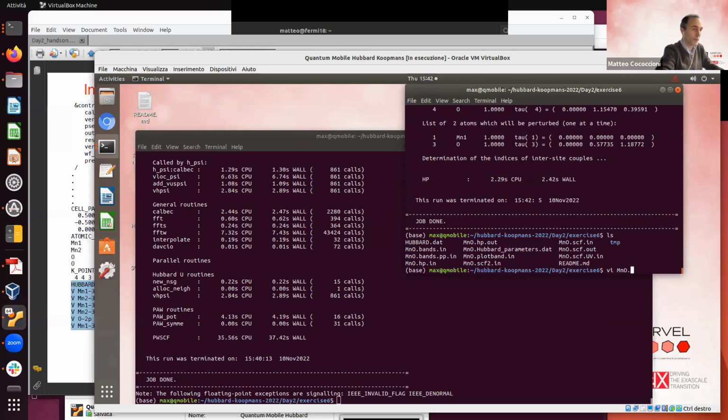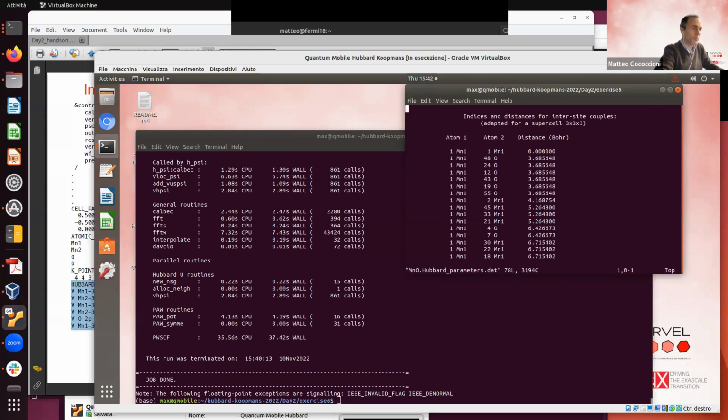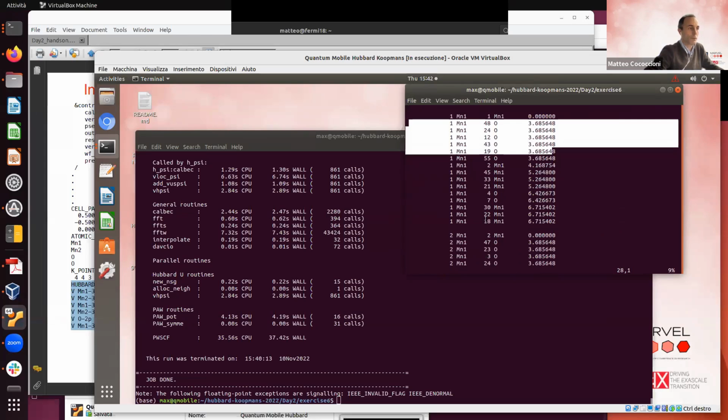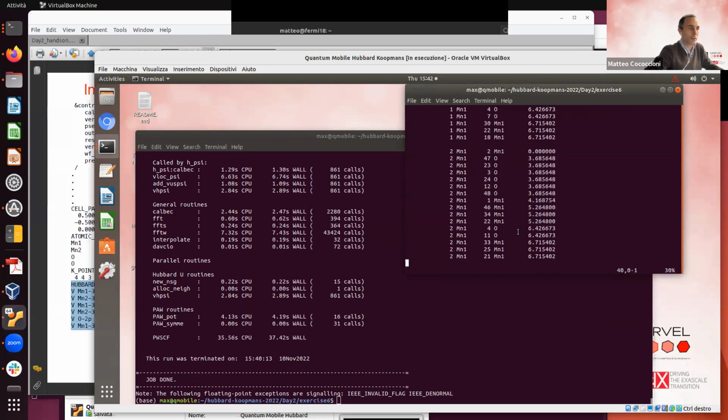And if I open now the file Hubbard atom, you see it will print for me these numbers, okay? In an order, basically for increasing distance from the reference manganese atom that I put in the origin. It does that for every atom actually, so also for the second manganese and the third atom, that's oxygen, etc. So you see the first manganese has 6 oxygen neighbors. First neighbor, nearest neighbor, 1, 2, 3, 4, 5, and 6, all at the same distance because of the symmetry of this crystal. And I know now that